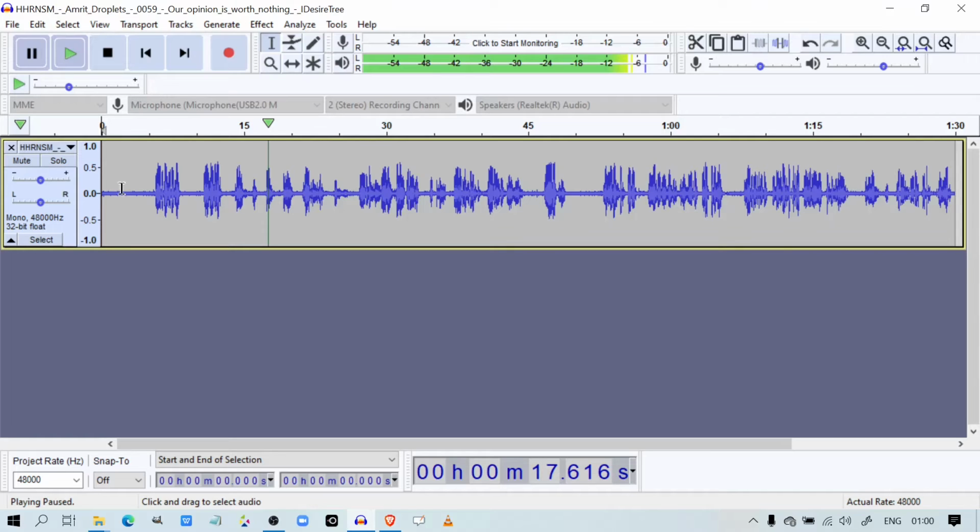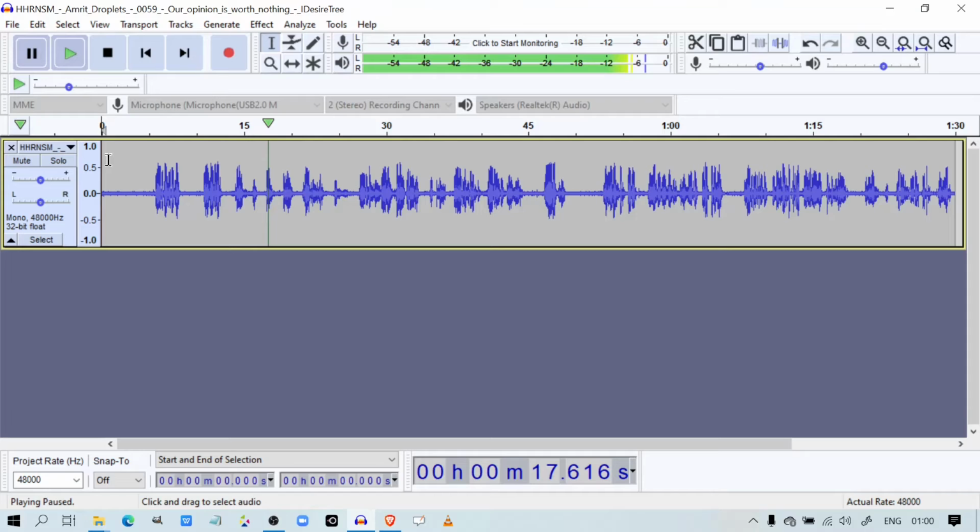A point to note: while you are recording your audio, give this sample time in the beginning. Give it a delay of 5 to 10 seconds before you start speaking, so that at the time of editing you can collect the sample from those areas and it will be much easier for you to clean your audio.